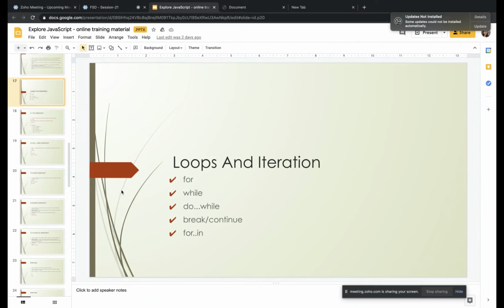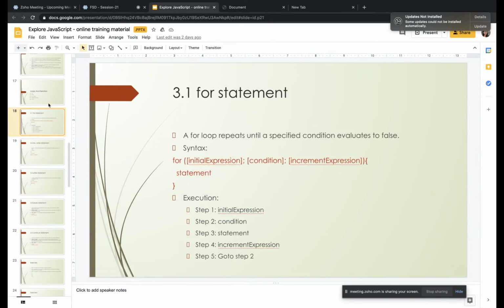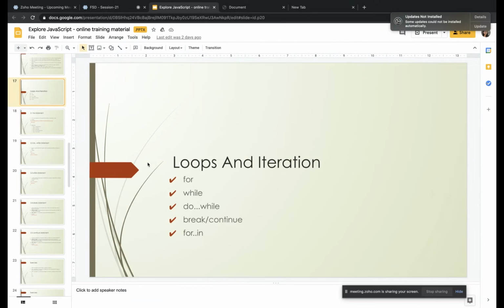So what are loops and iterations? Before going into this, why do we need it? When do we go for loops and iterations? When we want to perform an operation more than once, many times. We can take this example: in our school days, our teacher would have given impositions, because we might have done something wrong. They'll say, write this 100 times.